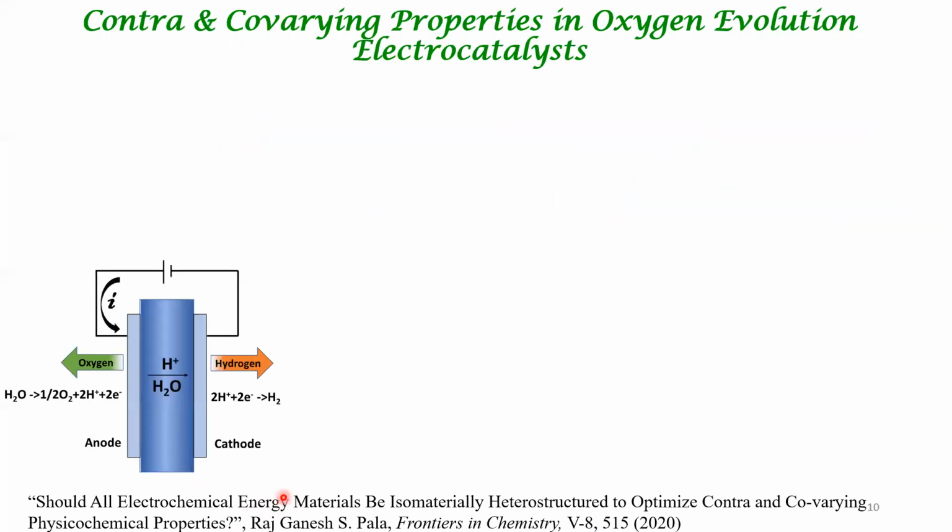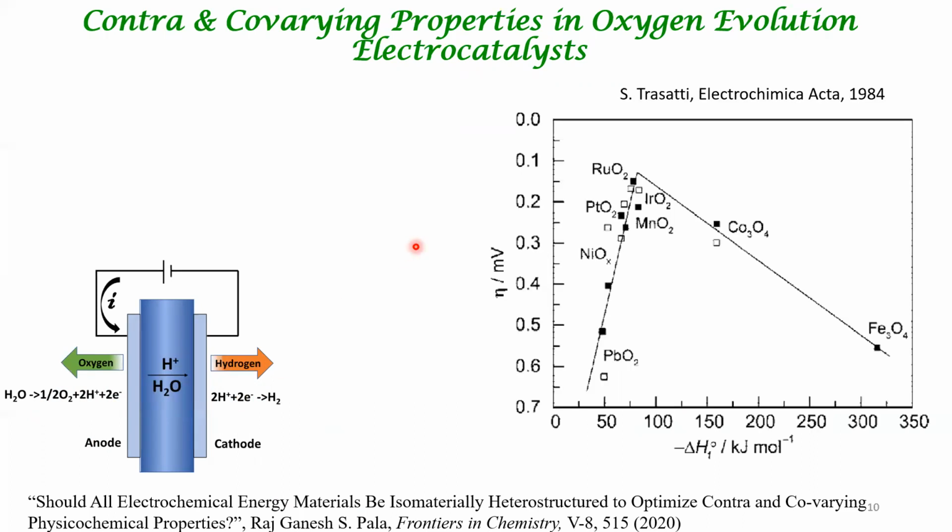Moving on to the third system, which is, let's say, oxygen evolution reaction, which is important in electrolyzer. Electrolyzer involves two electrochemical reactions, oxygen evolution reaction and hydrogen evolution reaction. For a rational design of these electrocatalysts, we typically